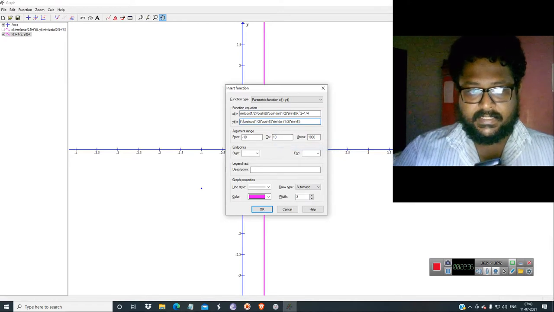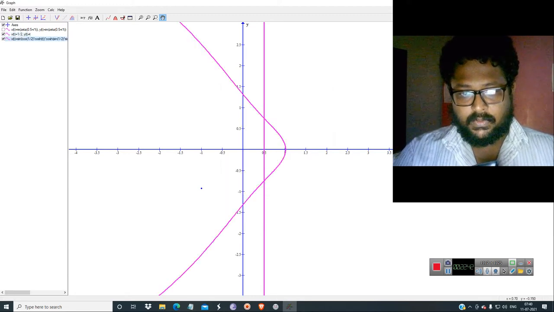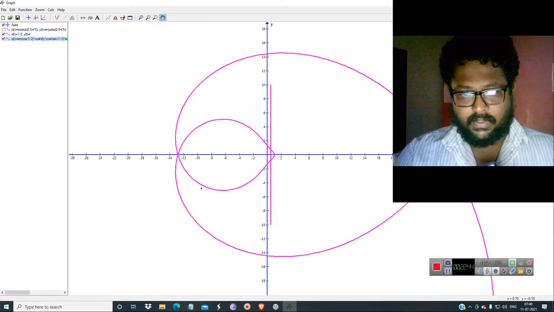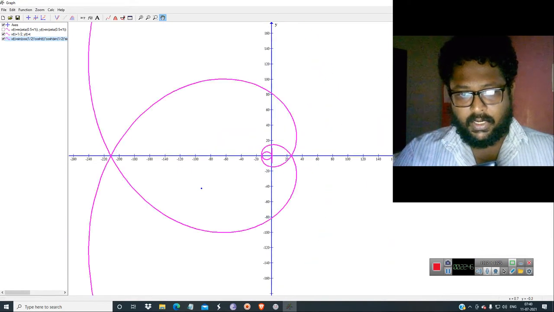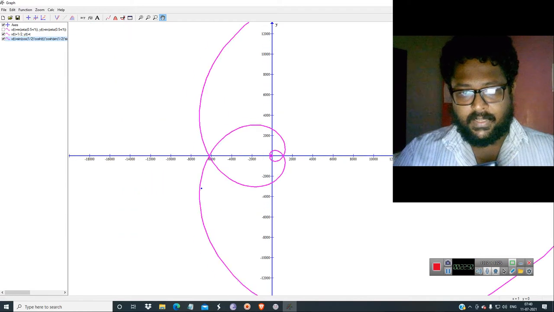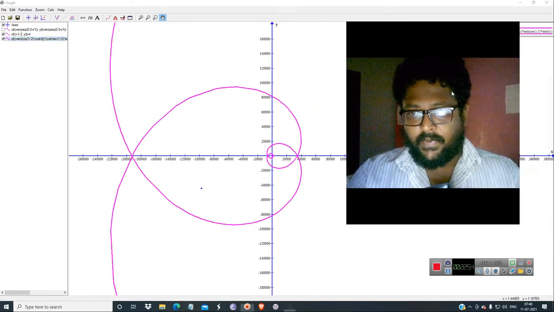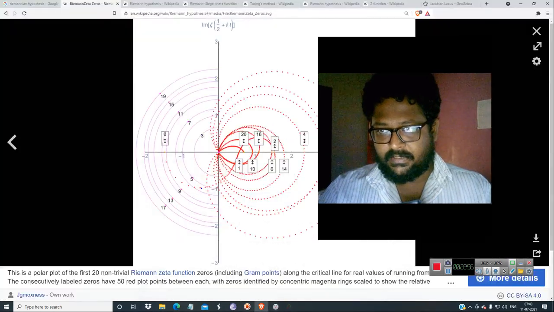Now take this symbol and just plot it. There is a very different kind of curve, like a cardioid or something. It becomes like this, and this curve keeps on going.